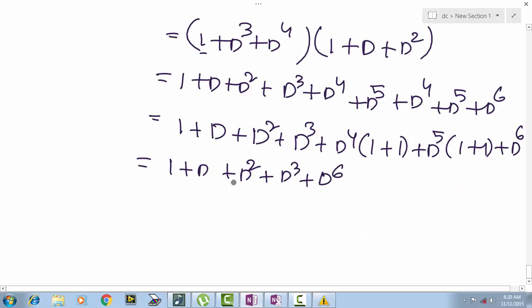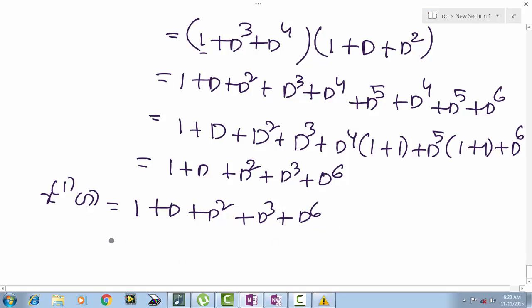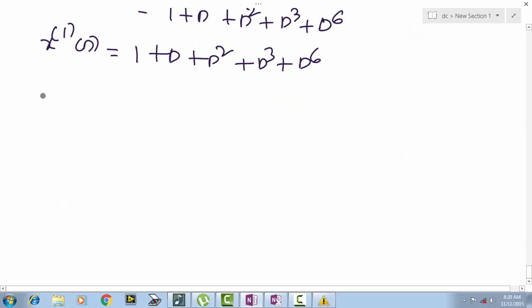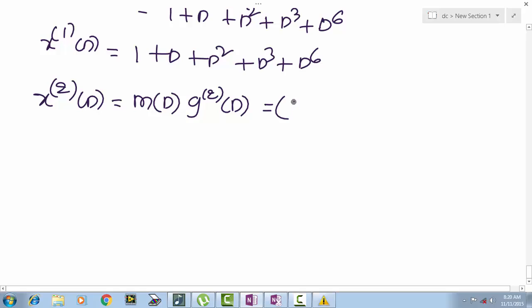Okay, so now the first output polynomial is 1 plus d square plus d cube plus d power 6. Okay, so in a similar fashion, find out the second output polynomial. So x2 of d is equal to m of d into g2 of d, which is equal to 1 plus d cube plus d power 4 multiplied by 1 plus d square. So this is the second output